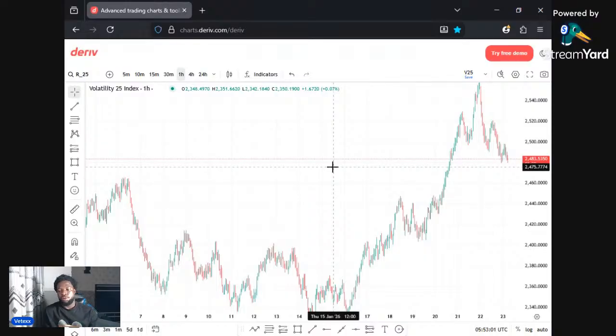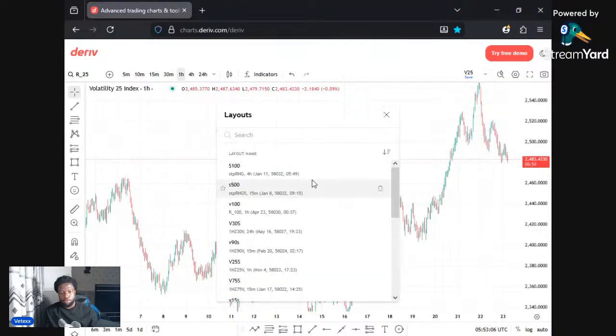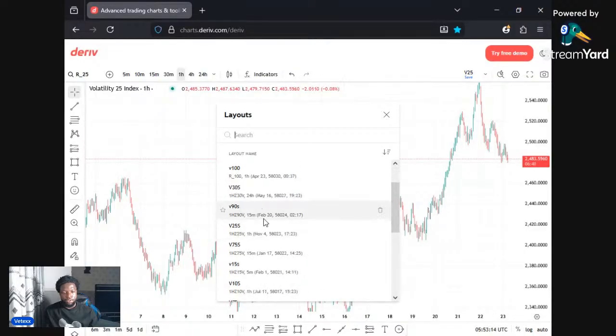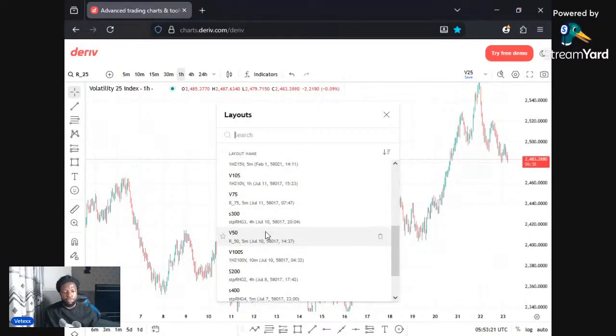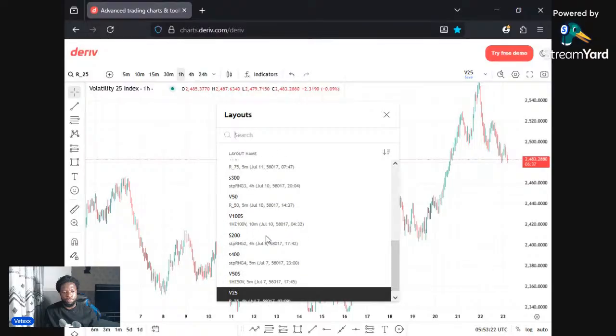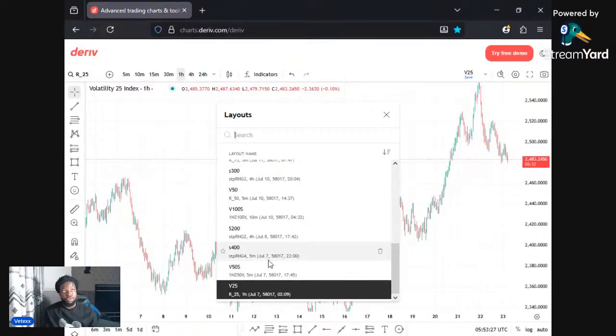So the whole of today we've analyzed 14 pairs so far, which is Step 100, Step 500, Volatility 100, Volatility 30, Volatility 90 1S, Volatility 25, V75 1S, V15, V10S, V75, Step 300, V50, Step 100S, Step 200, Step 400, V50S, and V25. And we haven't gotten any continuation, we haven't gotten any setup. So we are going to be sitting on our hands until something good comes up,